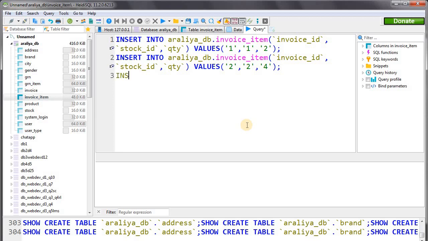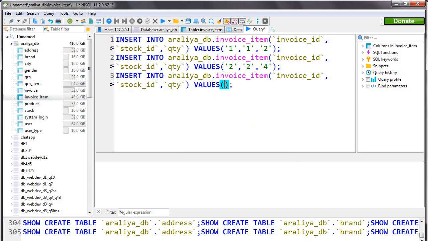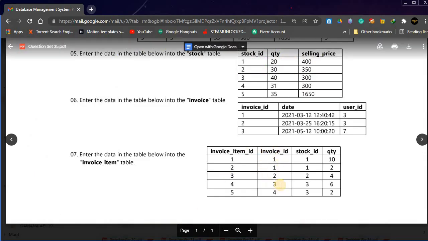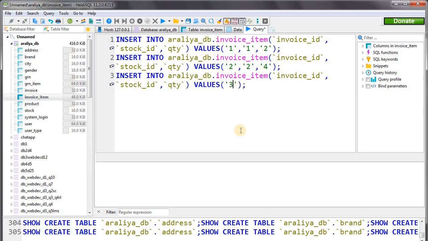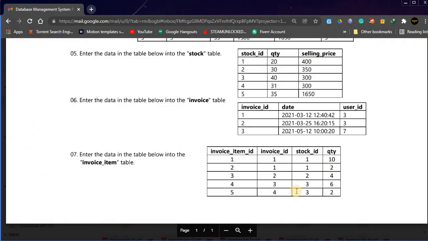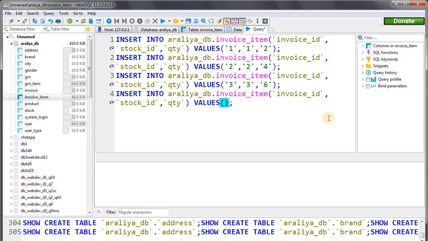Again insert into Aurelia DB, invoice ID 3, stock ID 3 and quantity 6. Okay, here's the last one. Insert invoice ID 4, stock ID 3 and quantity 2. Okay, now we completed our query set.